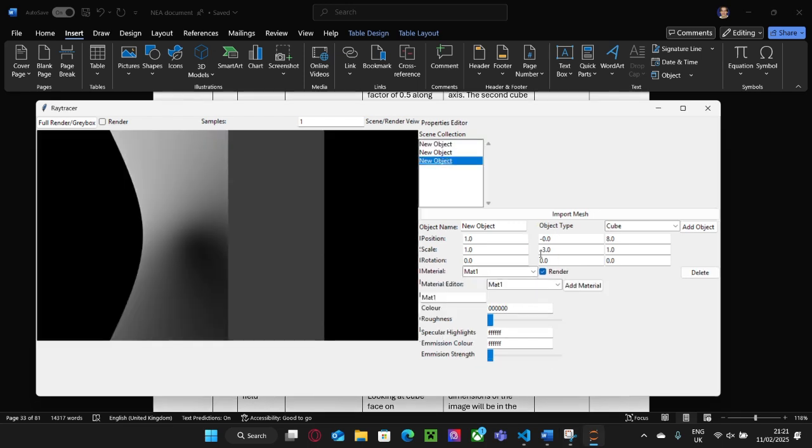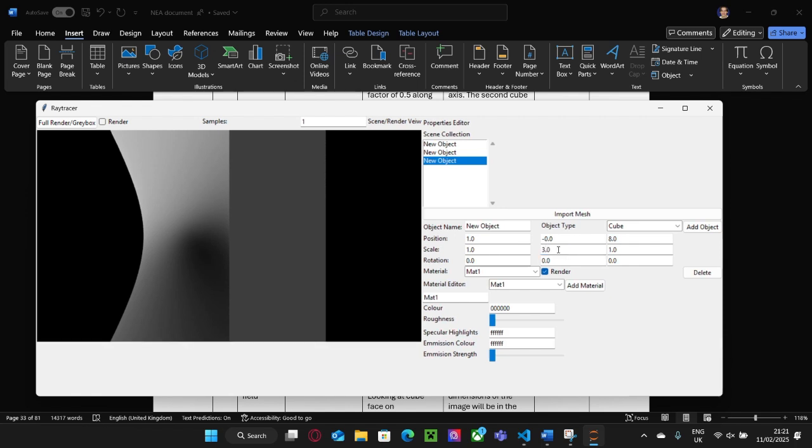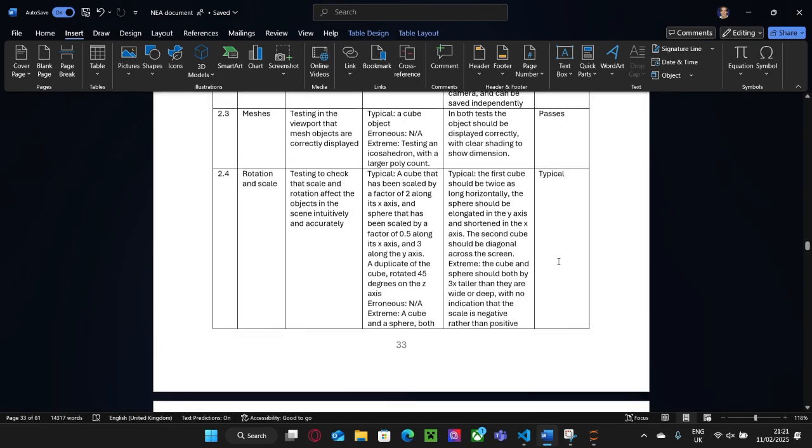But for the cube, it has worked. It is the same as if I were to scale it by 3 along the y-axis. As you can see, I've changed it to 3 and there is no difference. So,